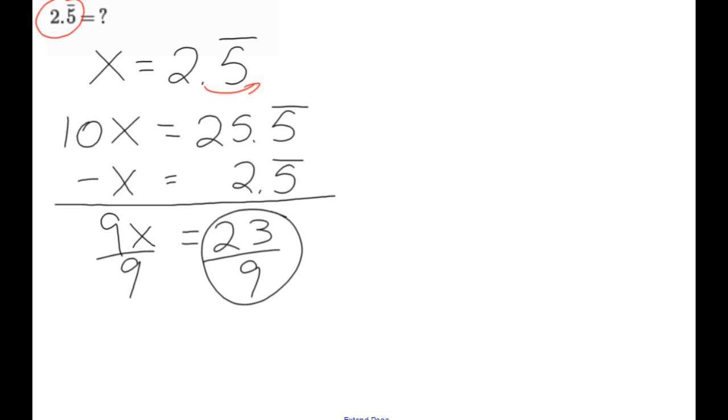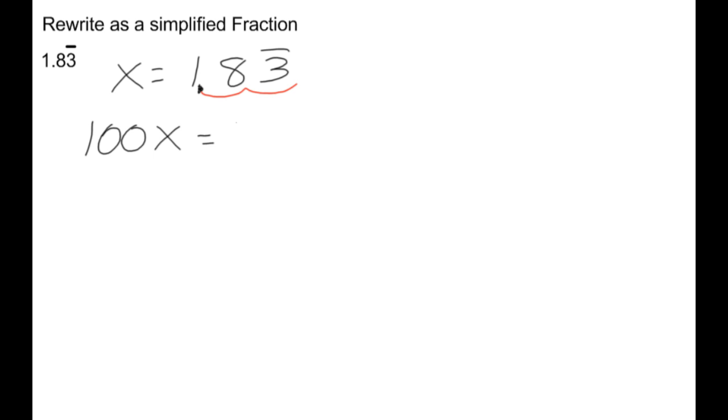All right, let's take a look at another problem. Uh-oh. This one's x equals 1.83 with a bar over it. Remember in the last problem I said, do we multiply by 10? Do we multiply by 100? What do we do? In this problem, we are going to multiply by 100 because I want to get my decimal point to the end of the number. So to do that, I have to multiply by 100. So I get 100x is equal to